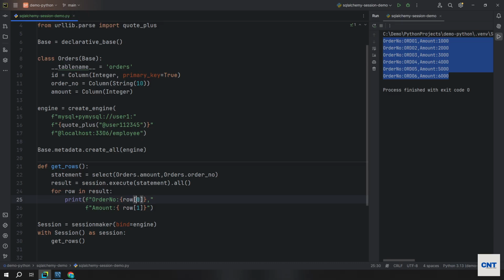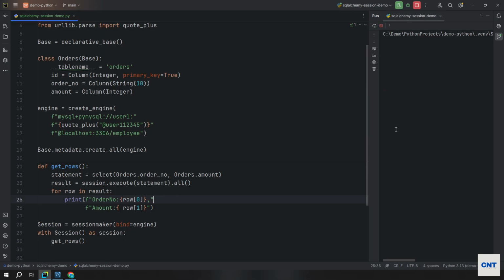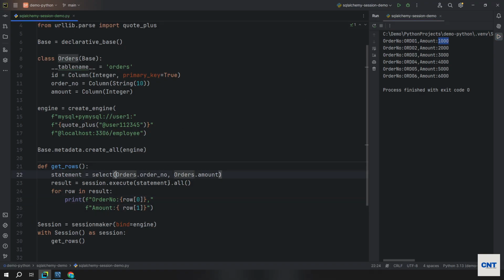We can locate our fields with the help of these integer indexes, 0 and 1. Let me put order amount at the last. Run the program, it will give you the same result, order number and the amount. We can select a number of fields if we want. If you want to only get one field,